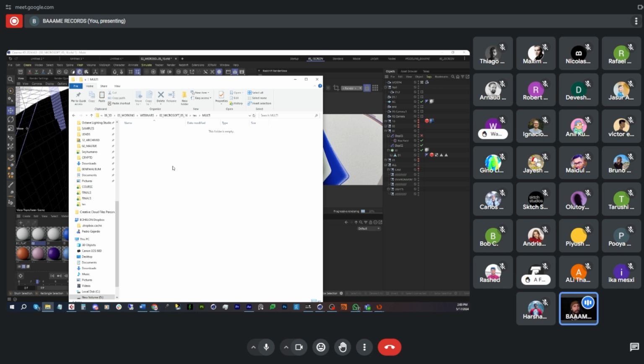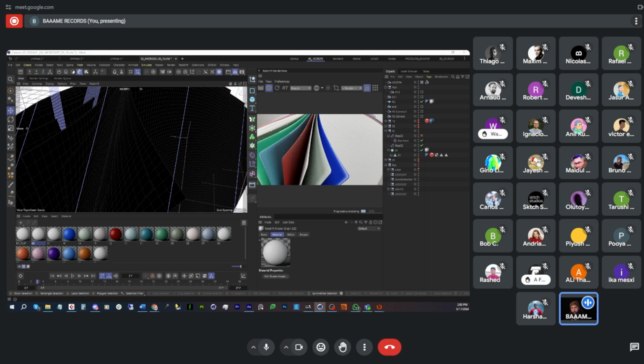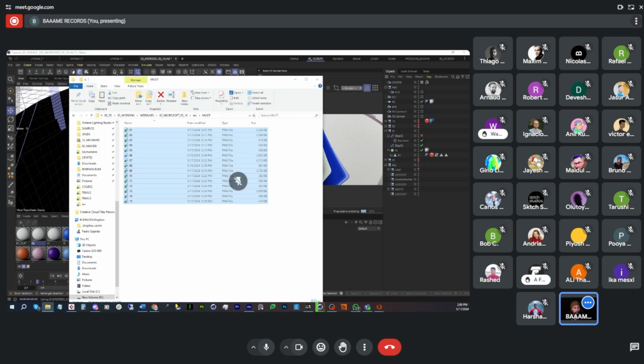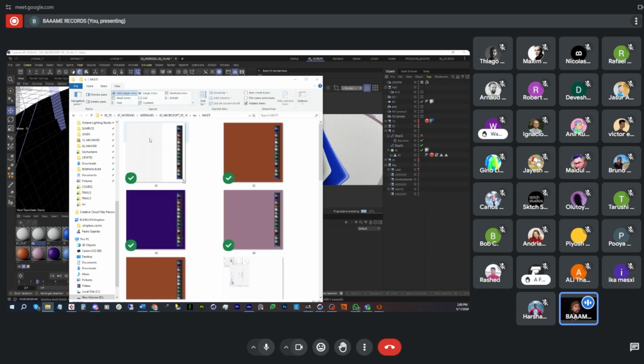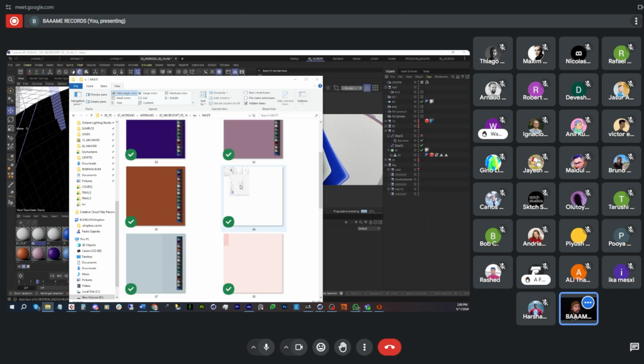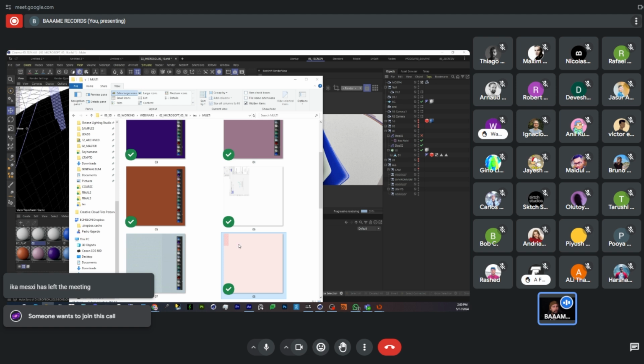Okay, so everything is just in one folder now, 1, 2, 3, 4, 5 until 15, all my layers, and they are pretty simple. Let me show you. They are super simple textures. You have this one that has